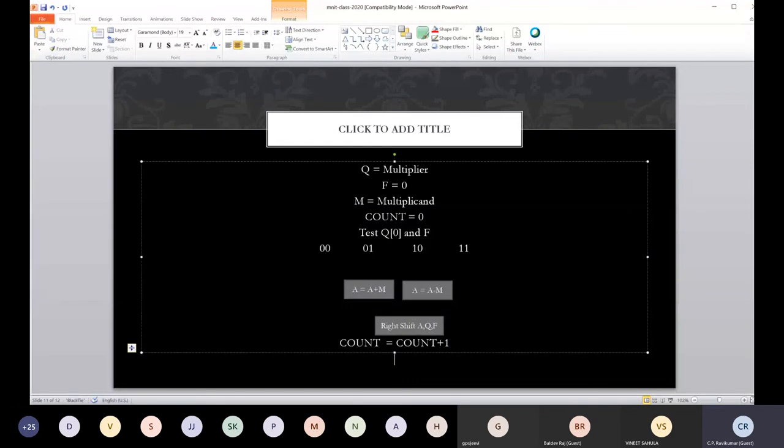And check if count becomes equal to N, else repeat.